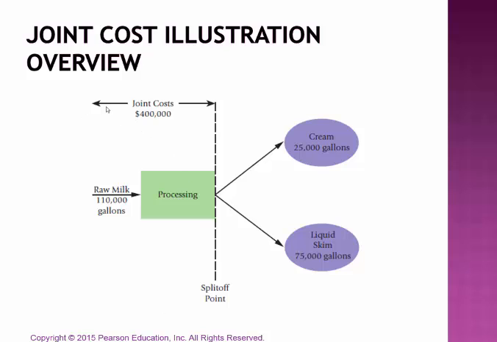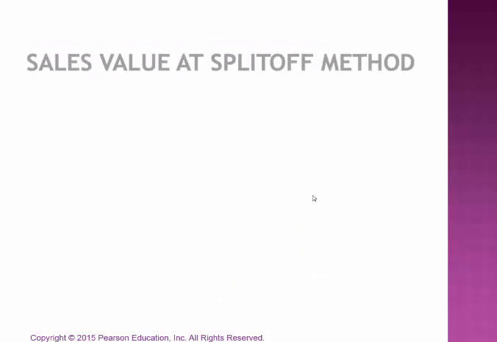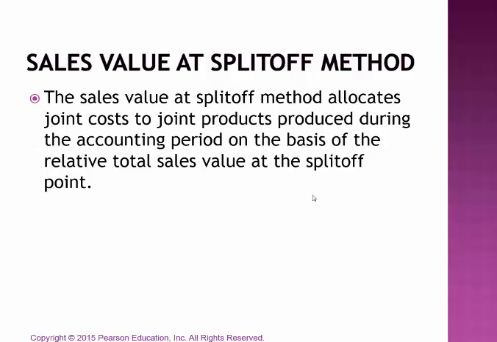Again, we've got the joint cost of $400,000 that have been incurred up to the split off point, and then we have two separately identifiable products at the split off point, and these two happen to be joint products. The sales value at the split off point method is going to allocate the joint cost, the $400,000 in this example, to the joint products produced during the accounting period on the basis of the relative total sales value at